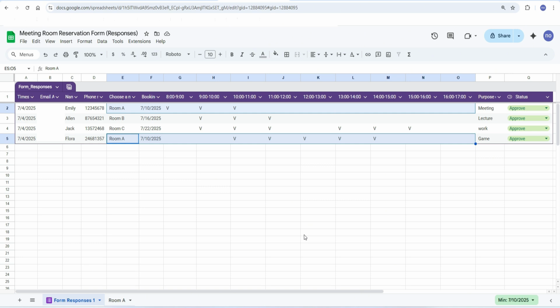Of course, the room can only be used by one event. It is not possible for multiple events to use it at the same time. So obviously, when Flora was making the second reservation, she didn't notice that Emily had made a reservation on July 10th at 10 o'clock. Flora repeatedly made a reservation from 10 o'clock. So we had to communicate with Flora, ask her to change the meeting room, or ask her to postpone the start of the event.